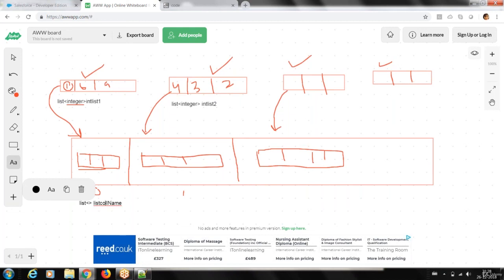Inside this, what type of data am I storing? I am storing another list type, correct? Understood this part? What is the data type, and what collection element did I store? I stored elements which we call list elements. Nothing but this part.